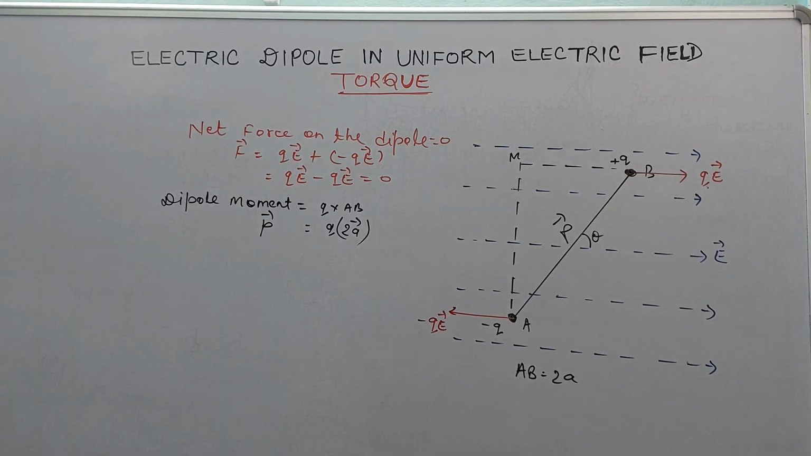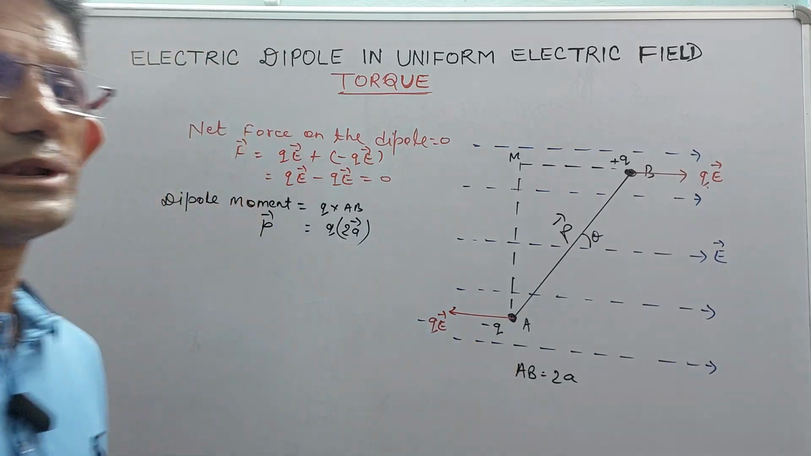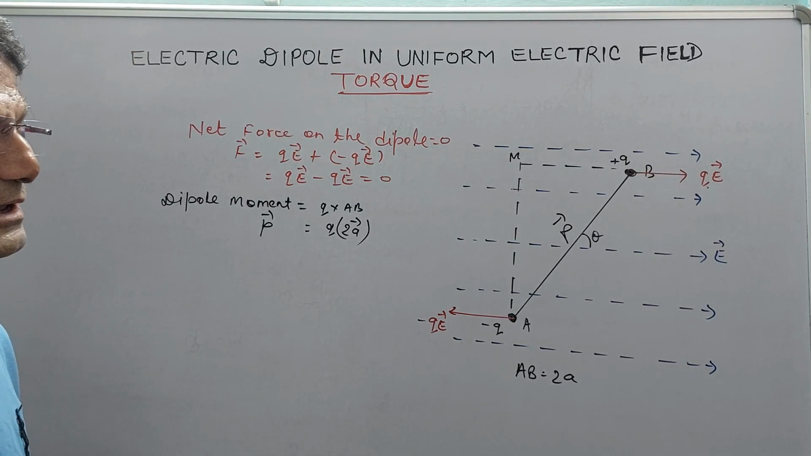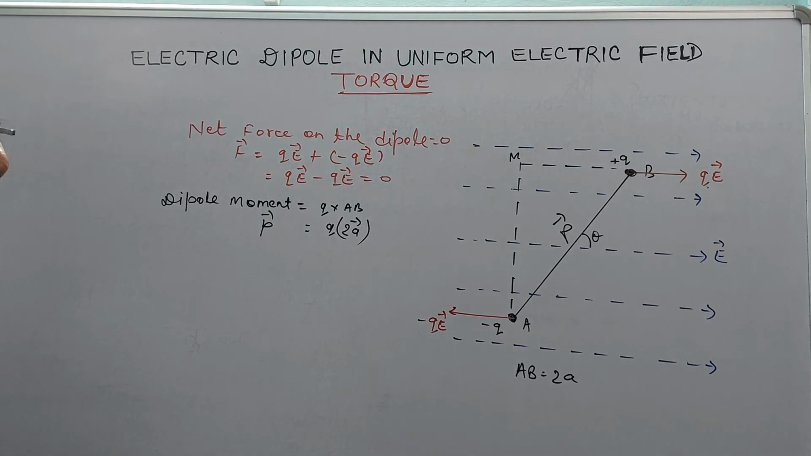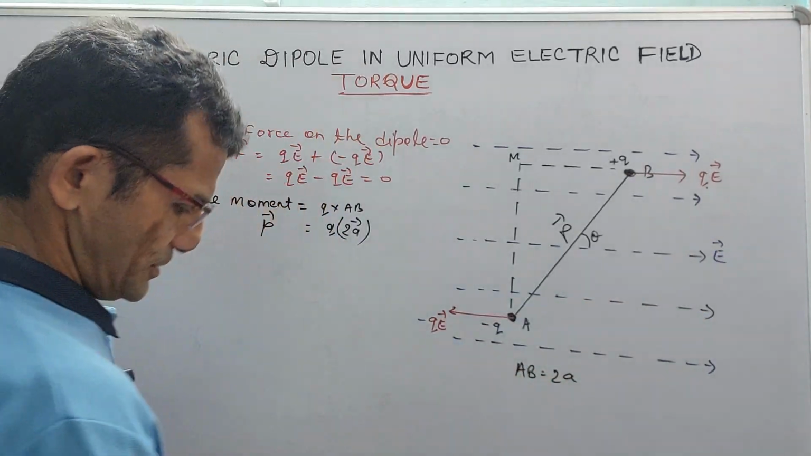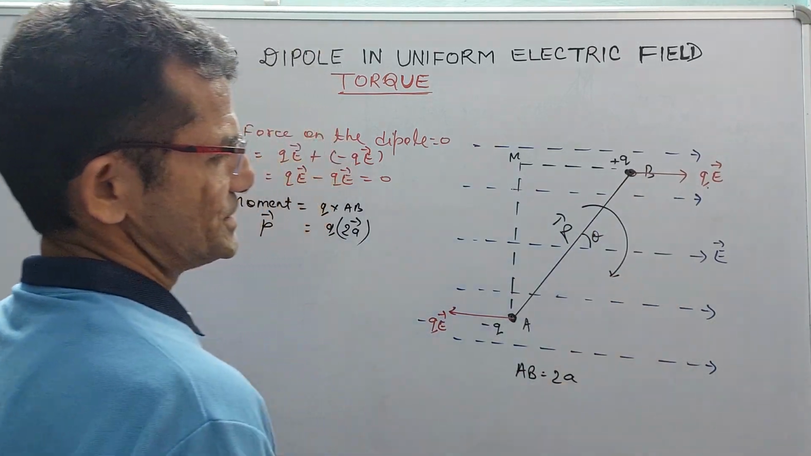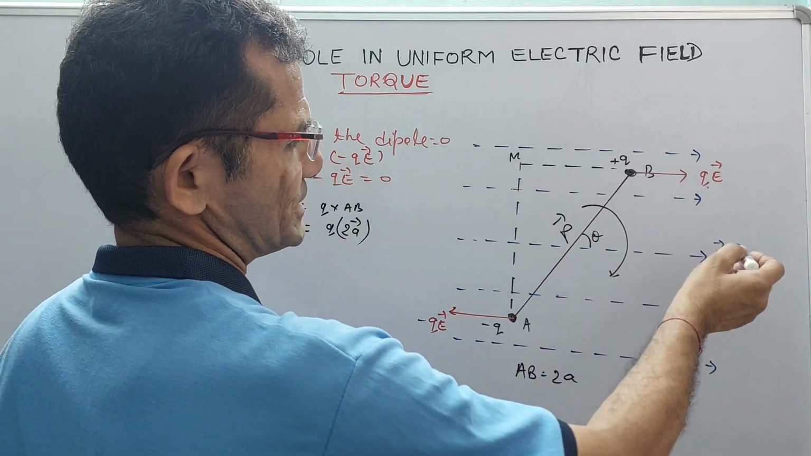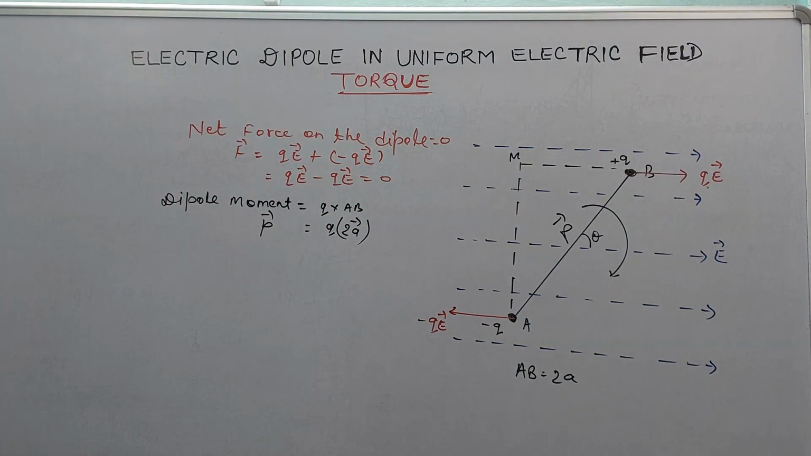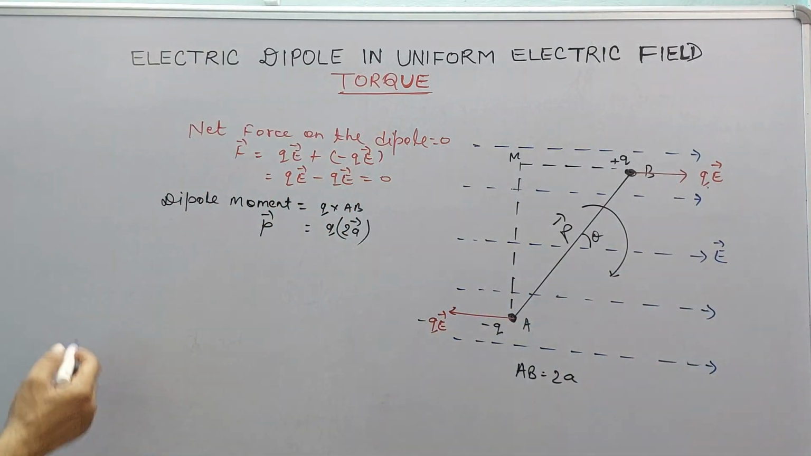So when two equal forces, this and this, in opposite directions, act on a system, the system will rotate. The tendency of these two forces is to rotate this dipole in the clockwise direction. The axis of the dipole makes an angle theta with the electric field. Our electric field is uniform, which is left to right, and we know that